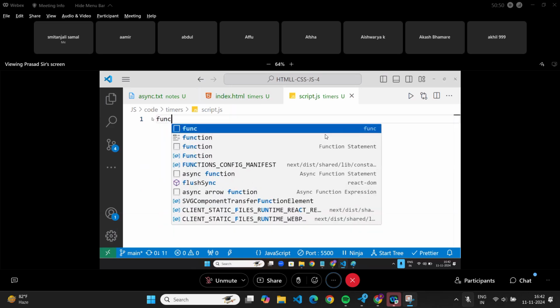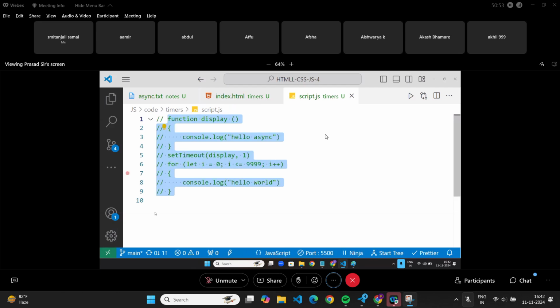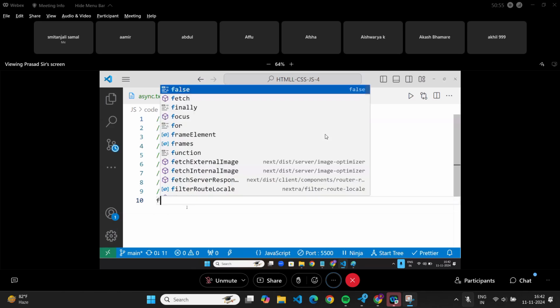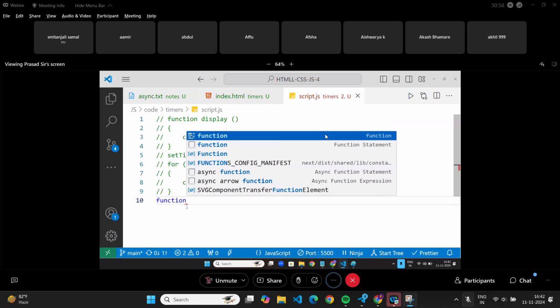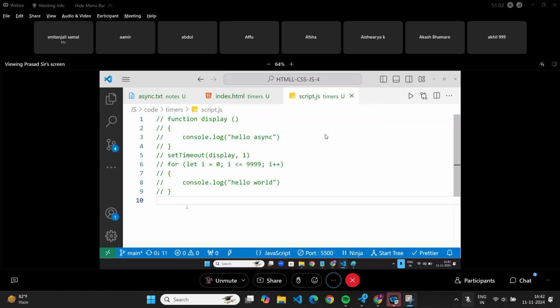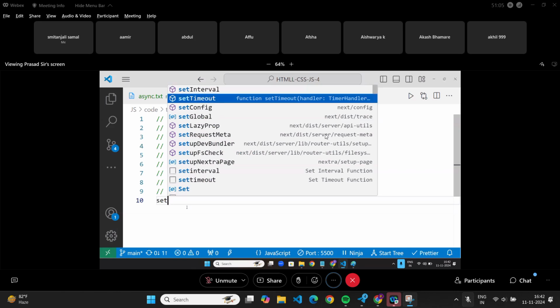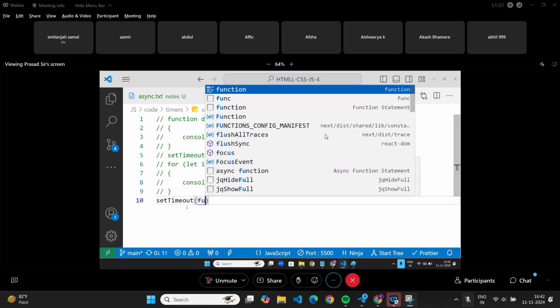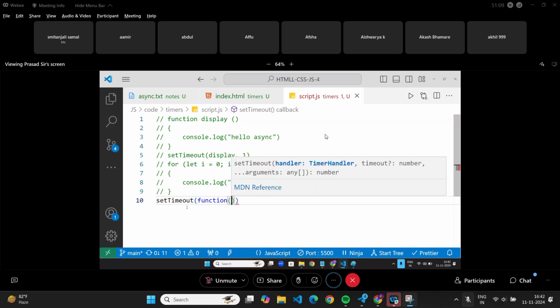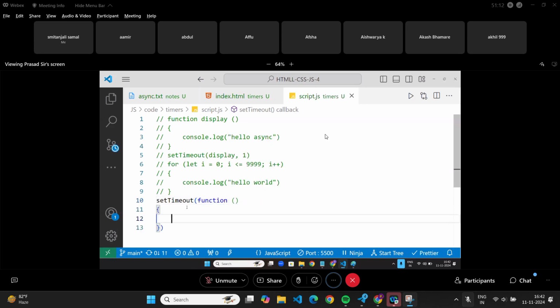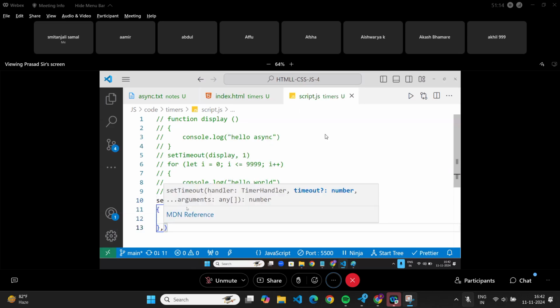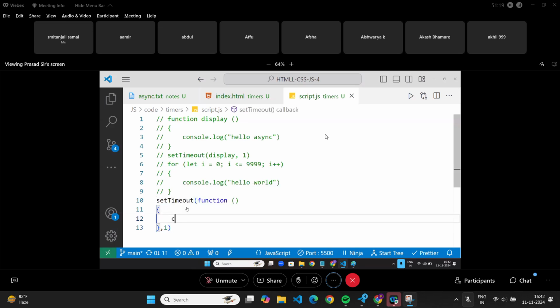Oh, sorry. Let me comment it out. Function. Set timeout. I write one callback function. I gave it here one console dot log hello.